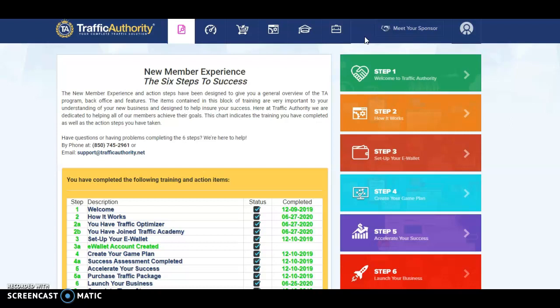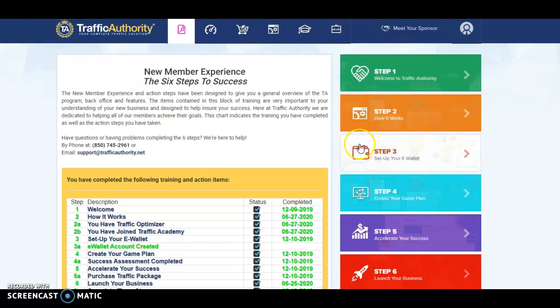But that's a brief look at the 6 steps that you will need to get your Traffic Authority business up